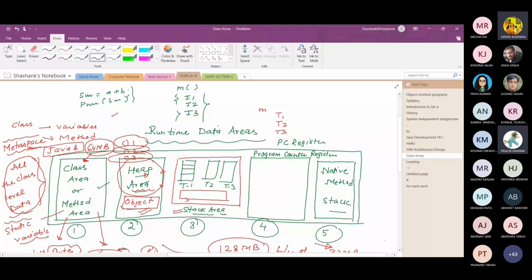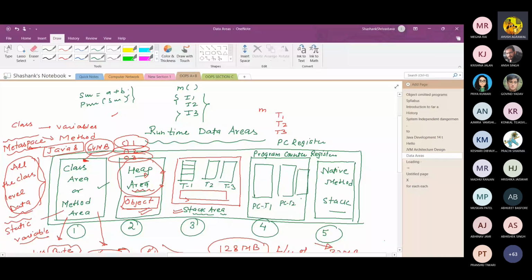So actually, which particular instruction is being executed currently? Okay, so that is basically tracked by the program counter register. So here each thread will have a separate PC register. हर एक थ्रेड का अपना एक रजिस्टर मेंटेन होता है. If PC register is maintained for T1 thread, PC register program counter is for T2 and program counter for T3.